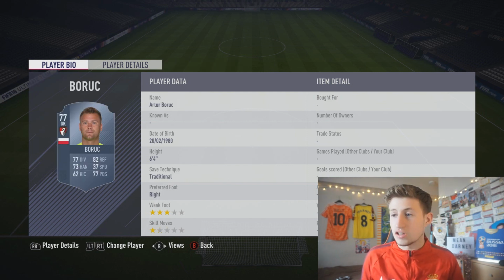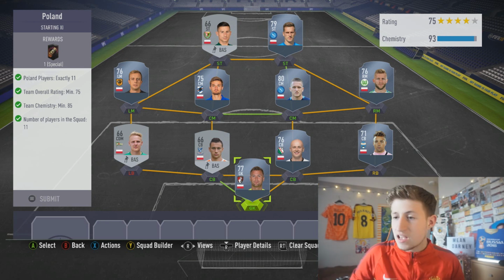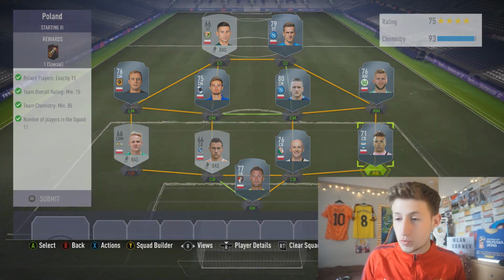So that is Poland. Then again, use some silver players that you have. The gold ones are everyone else over there in the right back. But yet again, just use any other random silver that you have. He's only 71 overall. That's all you need to do. Next up is going to be